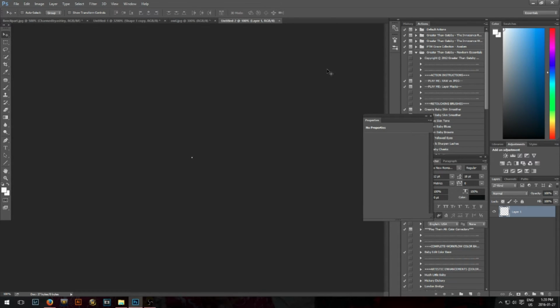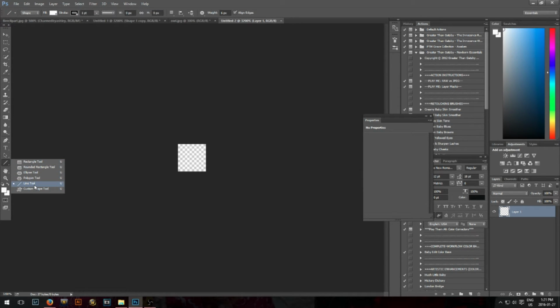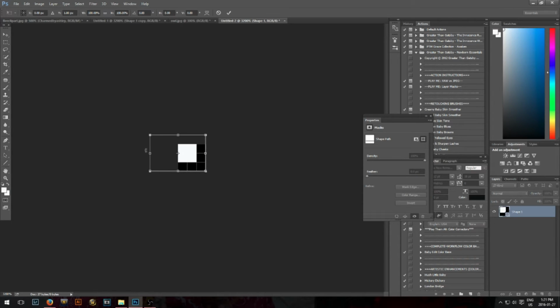It's going to be super tiny. Just zoom in, and I'm going to grab the line tool. Right now my lines are messed up, I don't know why. We're going to make one line